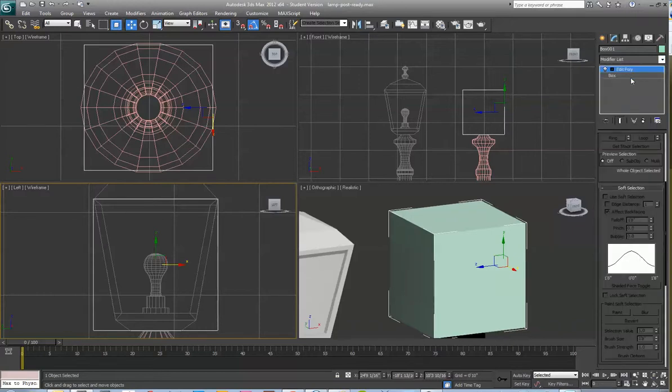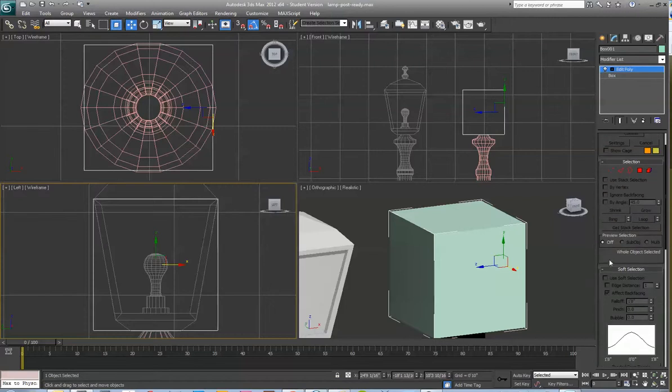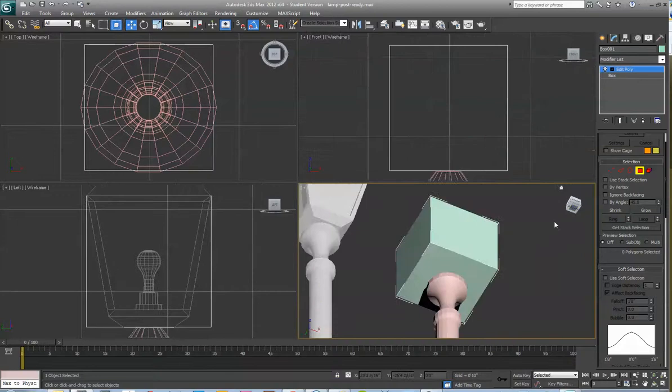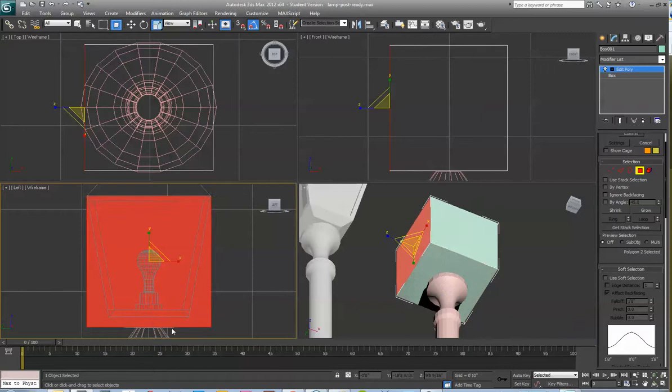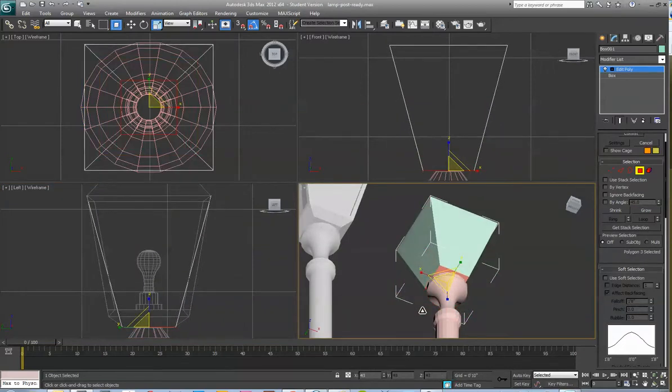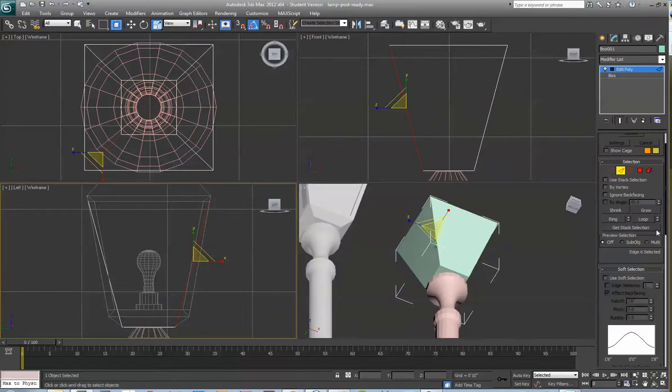Let's close that. I'm going to grab that one, and I'm going to shrink it down so it fits that base. And again, this isn't the only way to do this. We could do this a number of ways. But what I'm going to do is